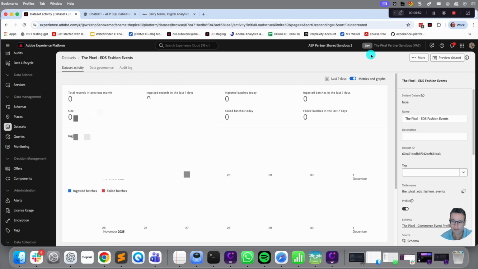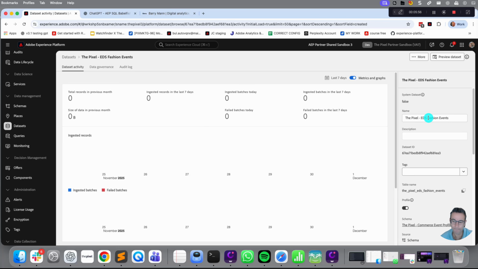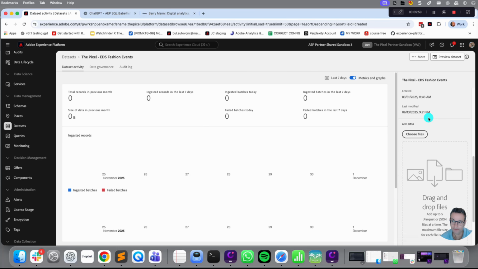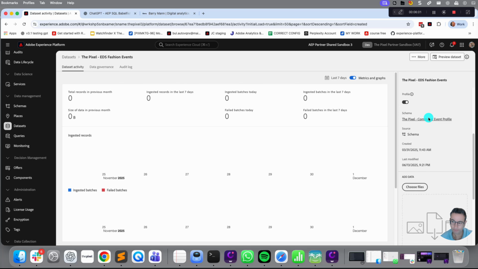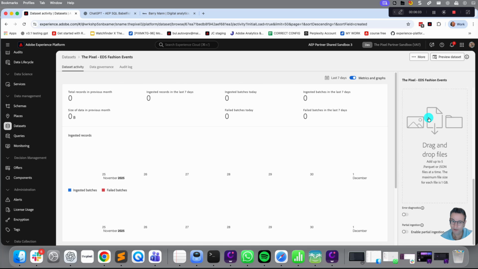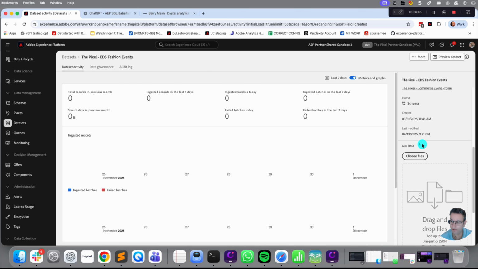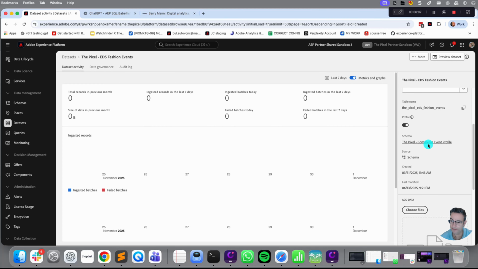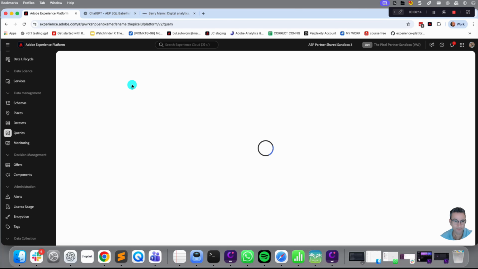This is an internal sandbox we use here at the Pixel. It's mated to a Magento e-commerce site. Okay. And then if you go down here on the right rail, you'll get this here, and you'll get the table name like that. All right. Another way to do it, if you want,